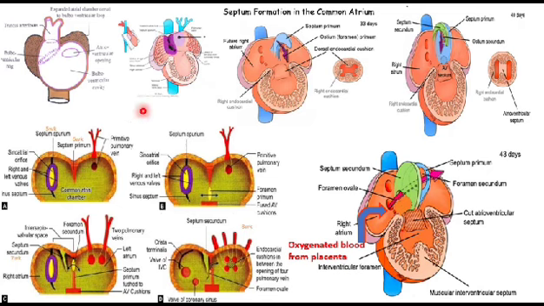So this is septum spurium. Here, this is the diagrammatic representation. So this septum primum is formed a little left to the septum spurium, or the venous valves, left to the venous valves,